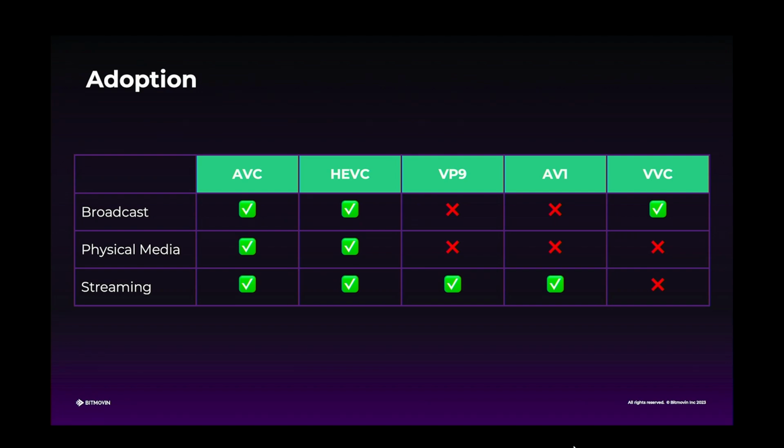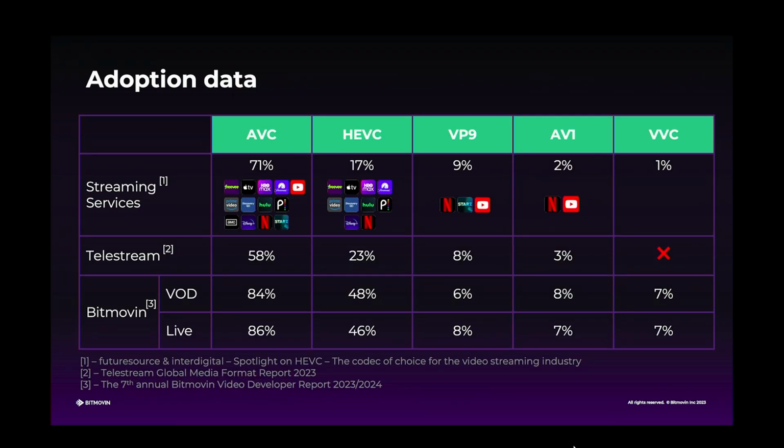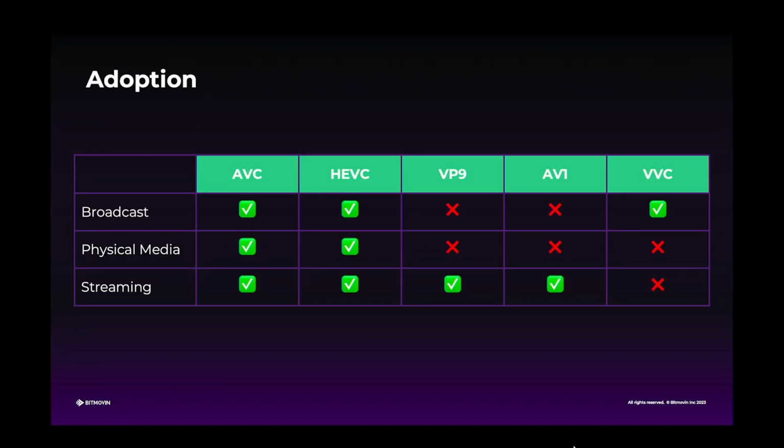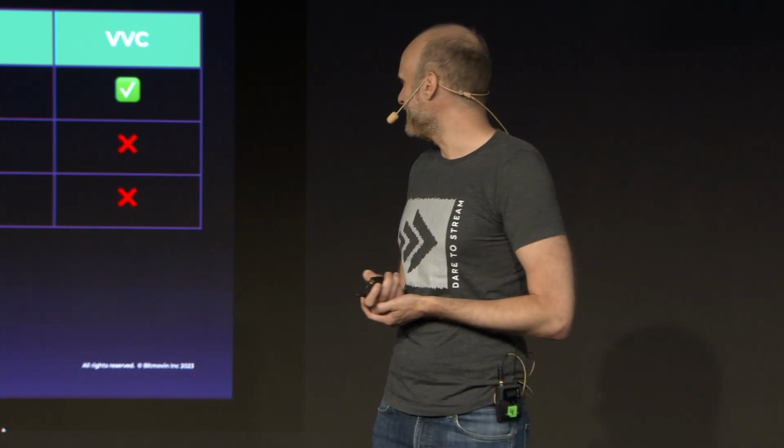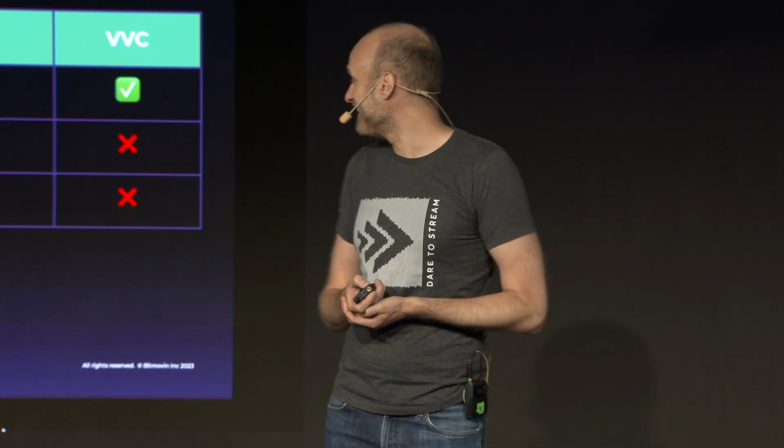So where are these codecs adopted? Broadcasters are typically going for the ITU MPEG codecs, and that's not changing as far as I can see. So yeah, the next generation of broadcast that will happen is probably also using VVC. There have been some adoptions in some DVB Europe and Brazil and stuff like that. For physical media, does anybody know if there's going to be another set of physical media? I'm not sure. I didn't see anything yet. Maybe Blu-ray is going to be the last physical media that we're seeing. Let's see. And on the streaming side, of course, there's a lot of usage. I also saw some examples of first usages of VVC, but not that much yet.